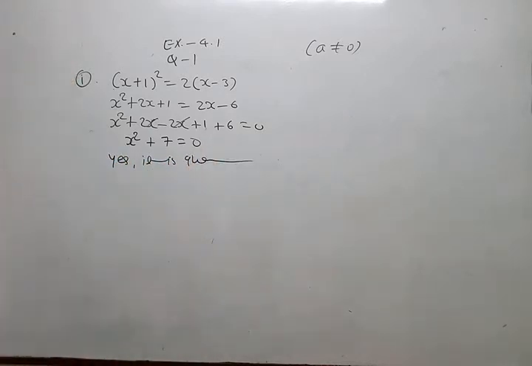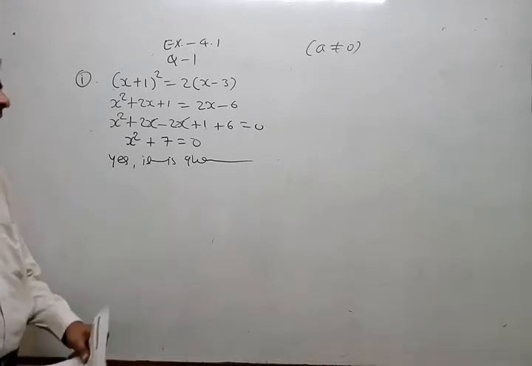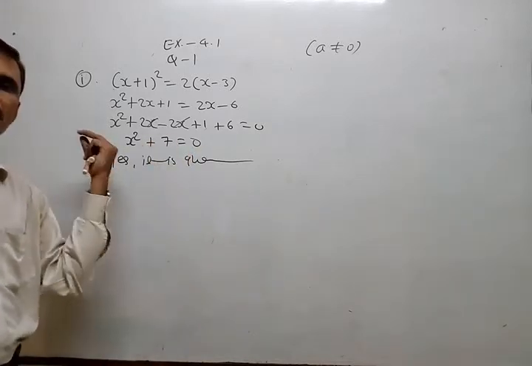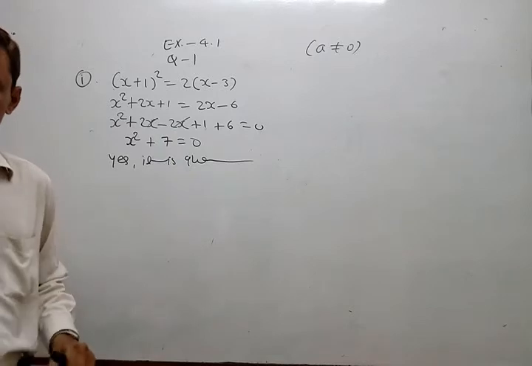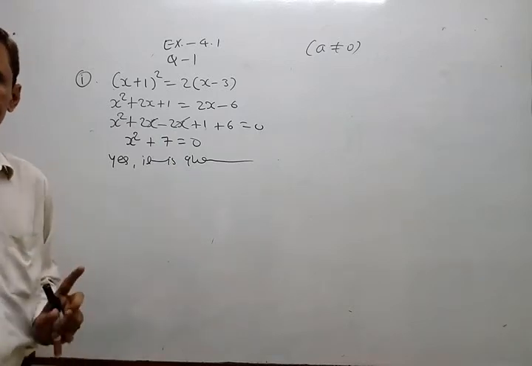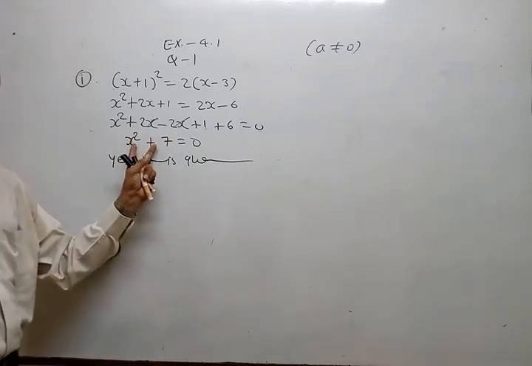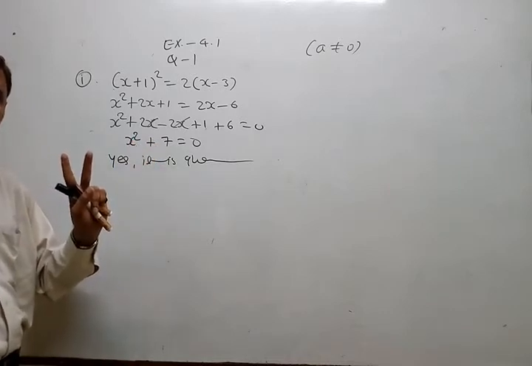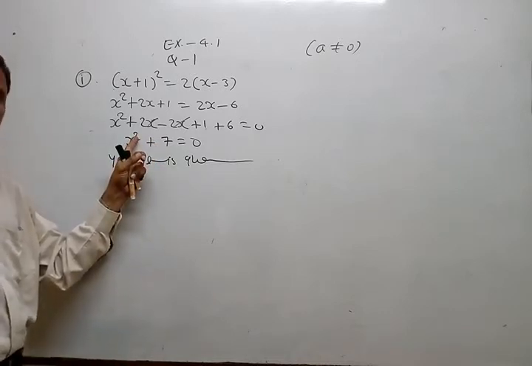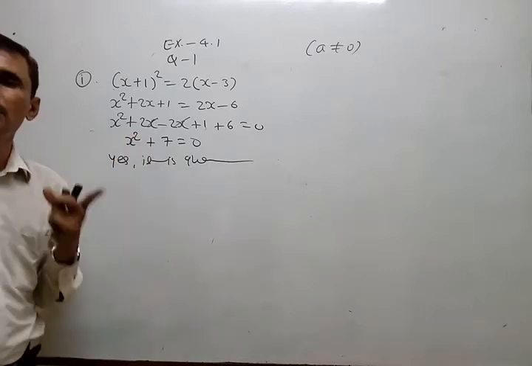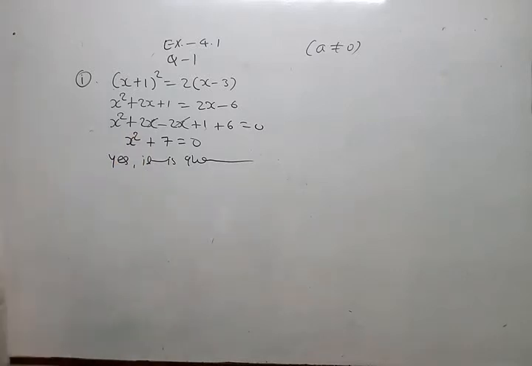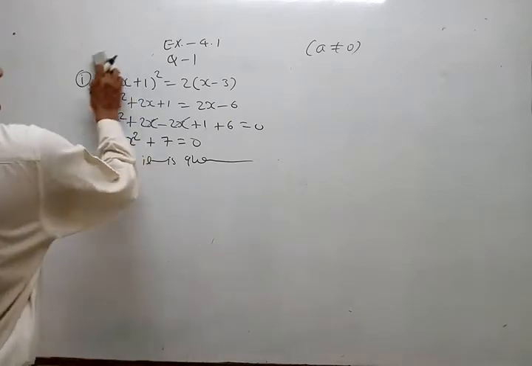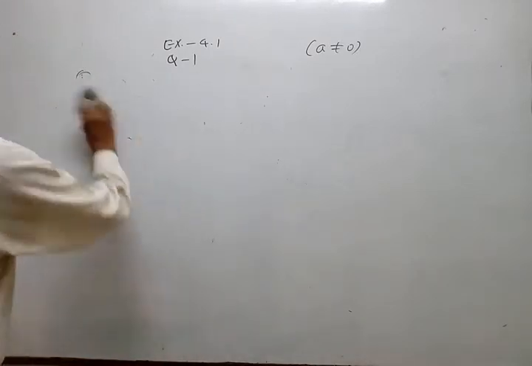Okay? You understand? So in all sums, just simplify it and get standard form. Getting standard form means everything should be at left side and right side should be 0. That is the meaning of standard form. Okay. Degree of polynomial or degree of equation means maximum degree. So maximum degree is 2. So no problem, it is correct. Understand? So this way, second one is in homework.